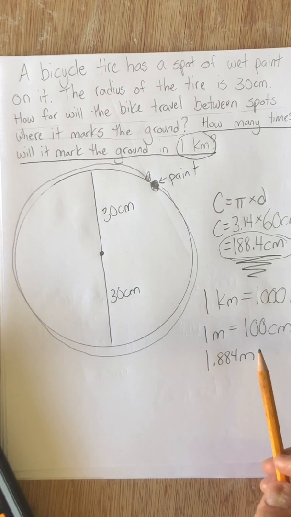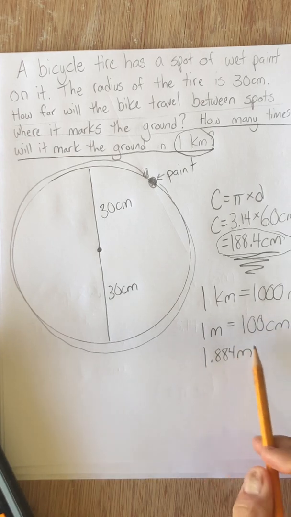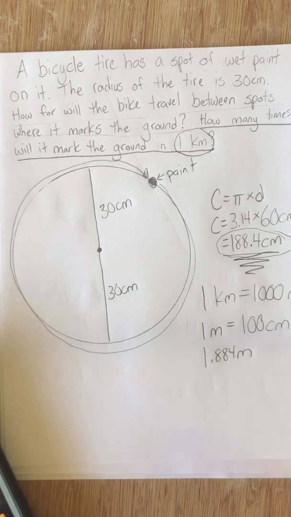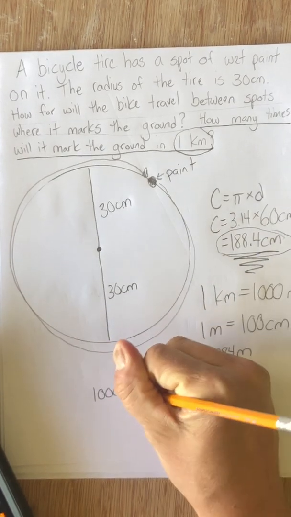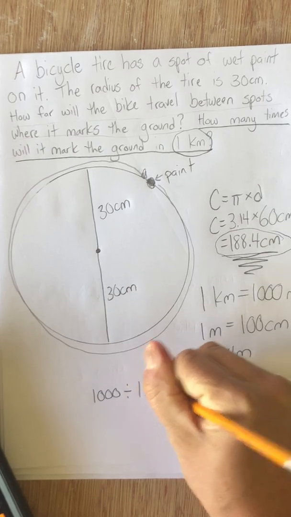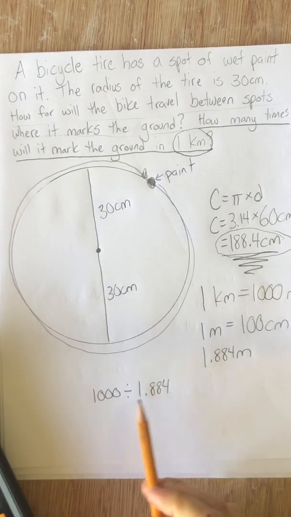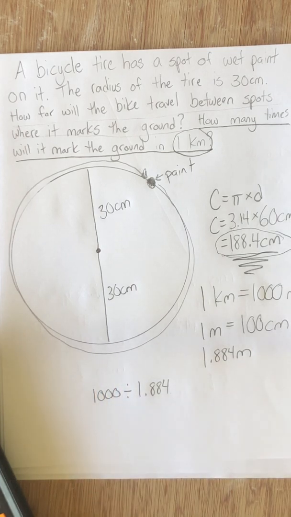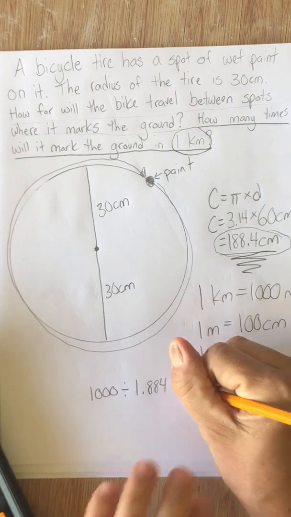So basically what I just found out is that every 1.884 meters, the paint marks the ground. So I do 1,000 divided by 1.884 to see how many times this number goes into my 1,000. How many times does my tire mark the ground in 1,000 meters? And I get